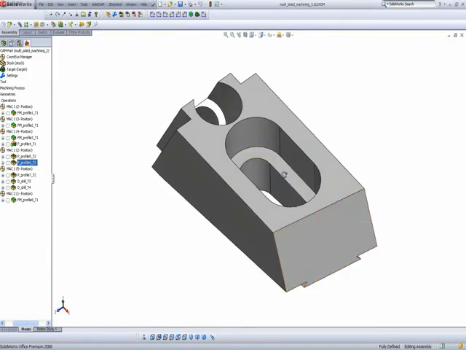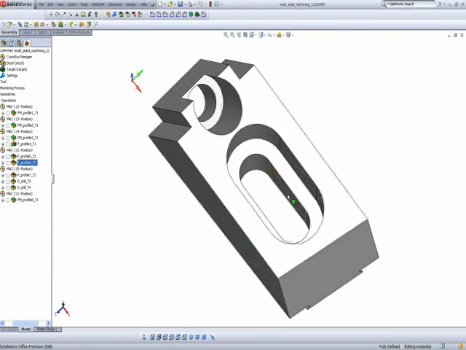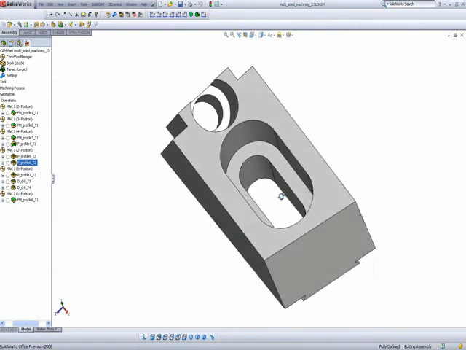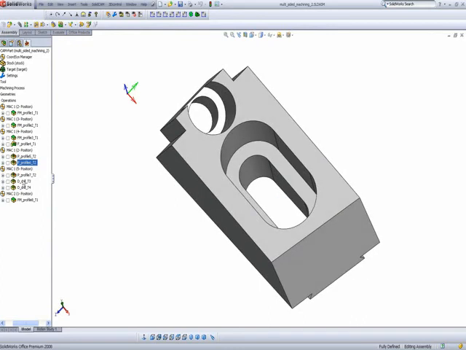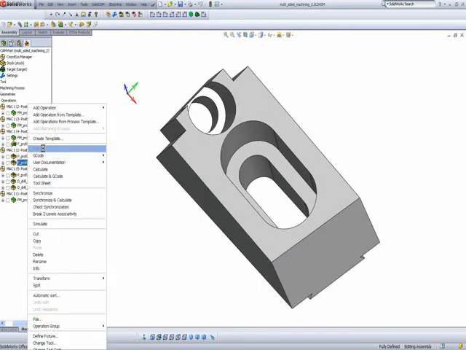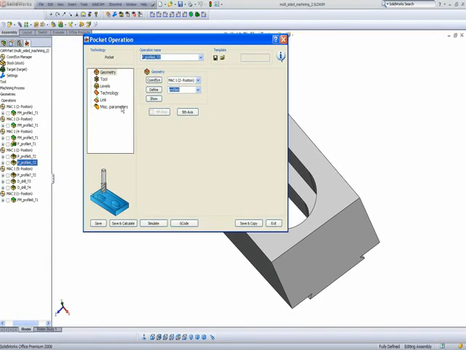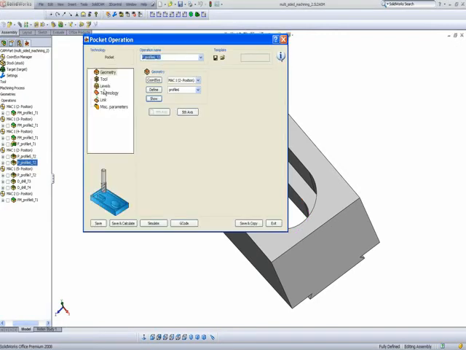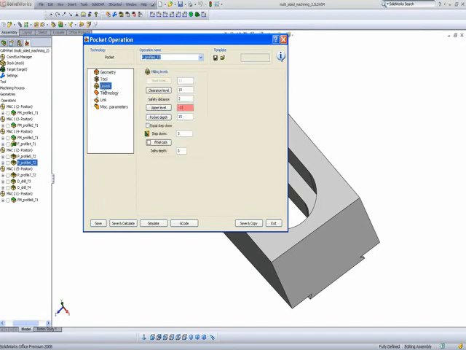Now in the next operation, I'll continue with the slot, but this time milling out the bottom slot that I have over there. In that particular case, obviously my geometry is the bottom slot itself, but my tool will be the same tool, but my levels are different. I have my upper level, my pocket depth is different,